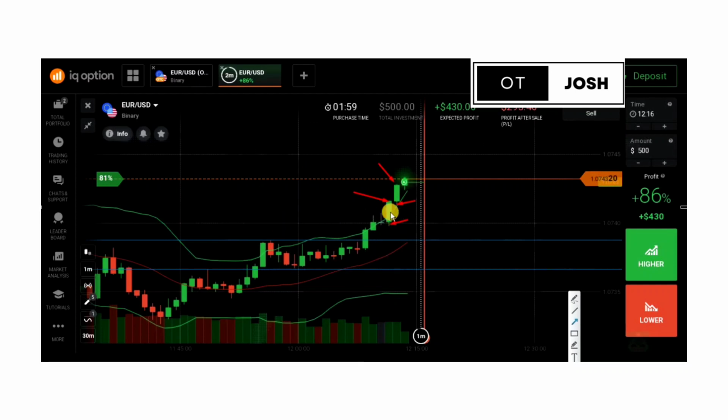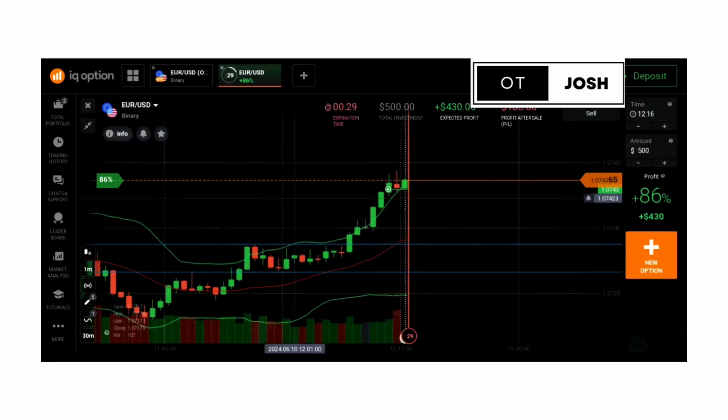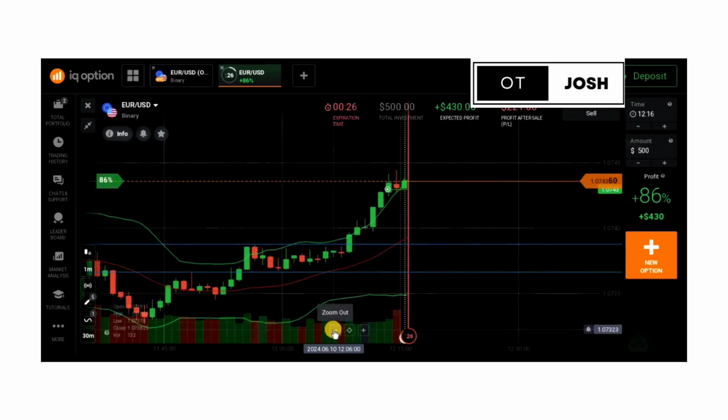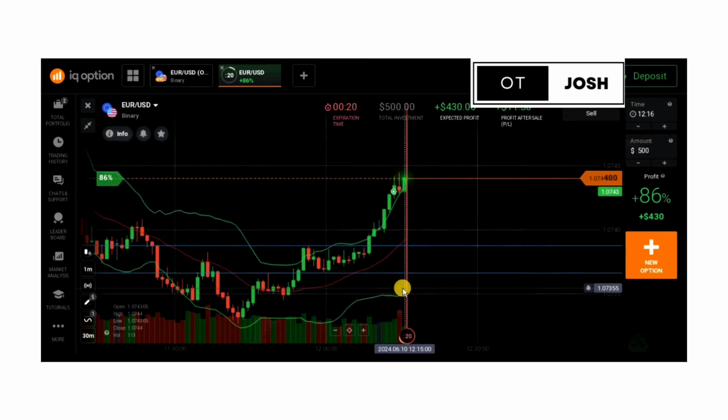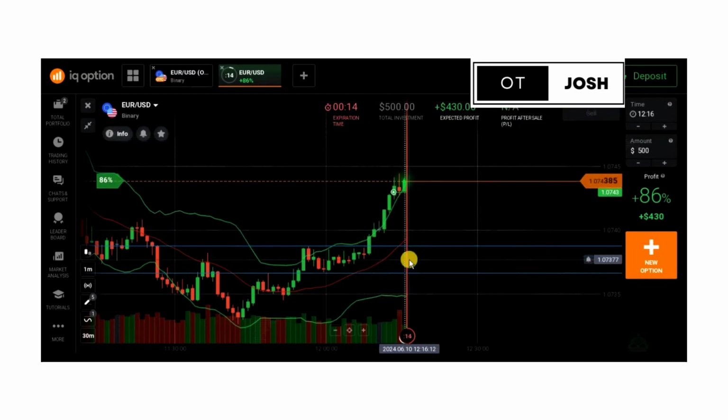Now this is not an overbought area. The overbought area happens when the trend is extended. This is just the beginning of the trend, so it cannot be an overbought area. So let's see how this trade goes, so that we can know how we can take advantage of the different market condition that the market presents to us. As we can see, the trade is still going up. It's still going up. So we have a few seconds left to go. And this is how you should